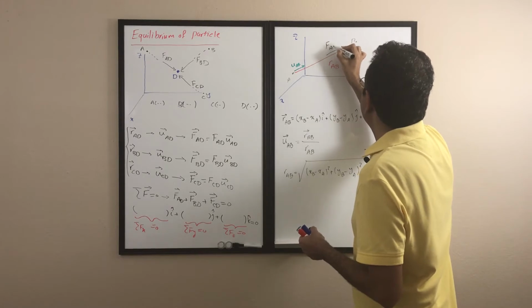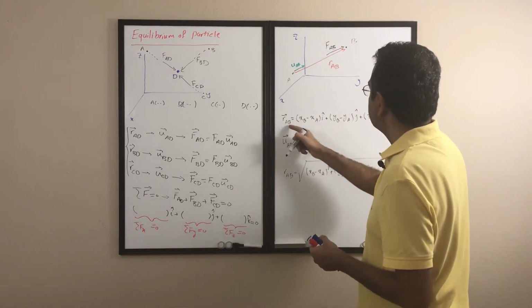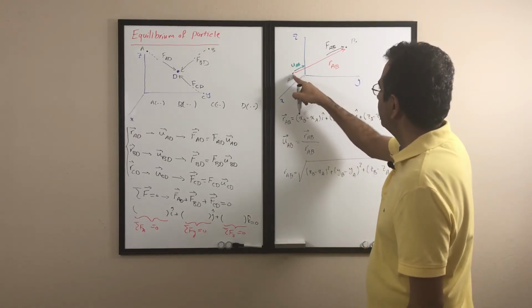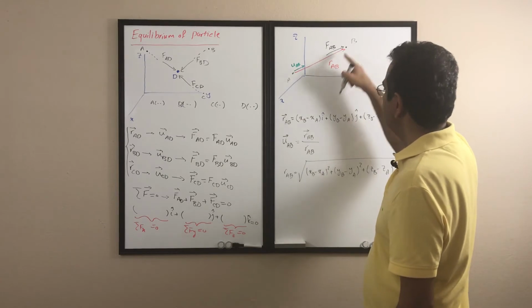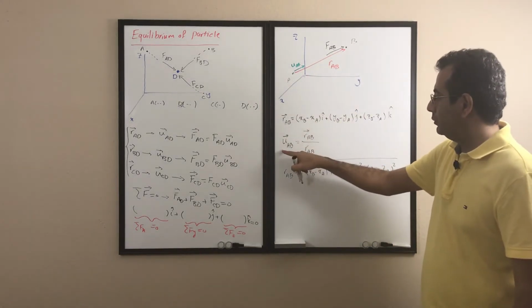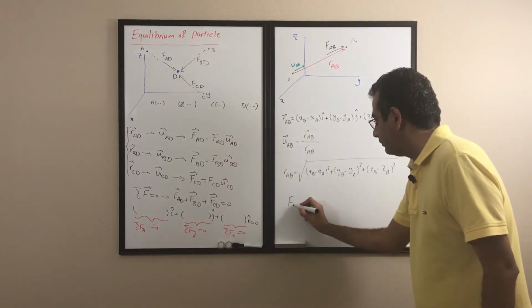This is a force AB. So if you want to find the force FAB, you find the position vector from A to B. So the very first thing, before that, you find the position of A, you find the position of B, find the position vector AB, then find the unit vector AB as this, and then the force AB